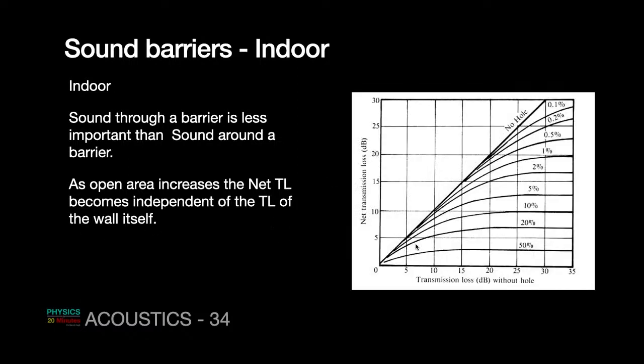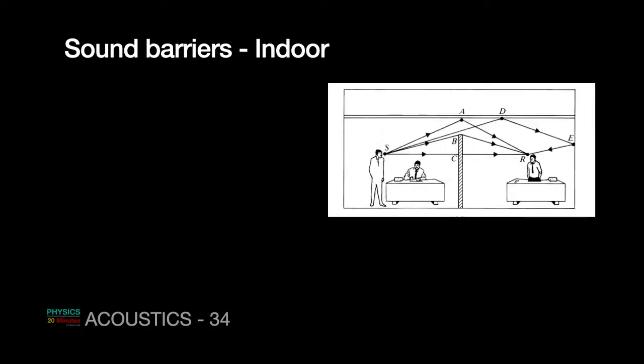We have seen this graph in the last class. You can see that if there is a barrier of 50% of the area of the wall, the rest 50% is open. Say for example, you have a room of height 8 feet, and you put a barrier of 4 feet height, then you can see that the net transmission loss almost becomes horizontal. That means it does not change at higher dB values. So here are different examples of this kind of